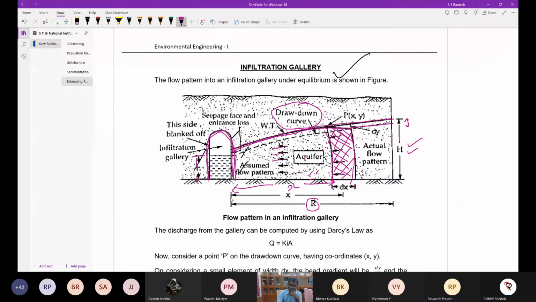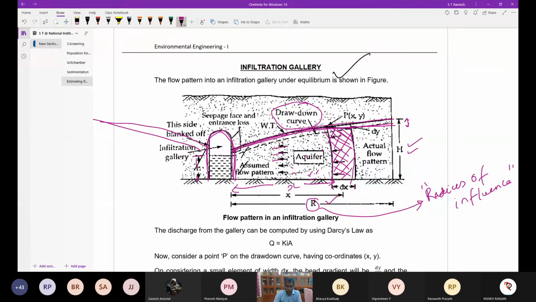But now imagine our situation, and on this side also you may have this one. Have you got my point? I'm considering only one, but you may get the other side too. And if I connect a circle, you can see a flow path. That is your radius of influence. Left side also, if you project the same thing, this could be a circle. So this could be the radius of influence. The definition I'll come back to later.